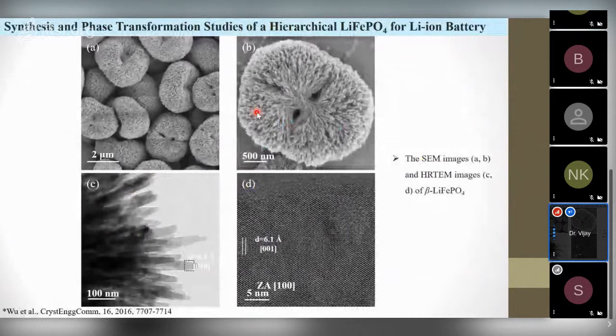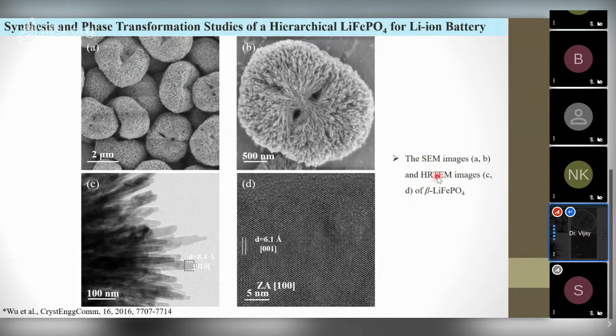This is from my colleague. Of course, I am not a co-author, but I was acknowledged for the discussion and manuscript writing of this paper. So far, we have seen anode material for lithium-ion battery using a carbon or molybdenum disulphide hybrid. But this is for cathode material, lithium iron phosphate, in lithium-ion battery. In this work, my colleague concentrated on developing beta phases of lithium iron phosphate.